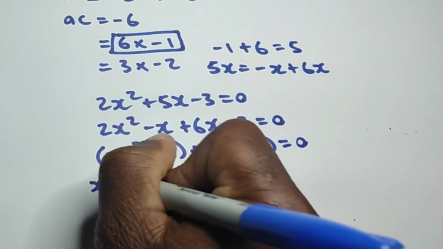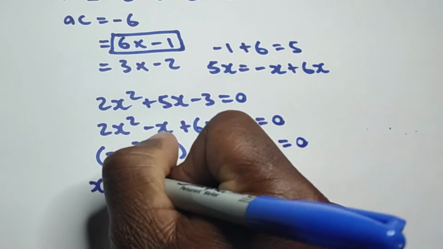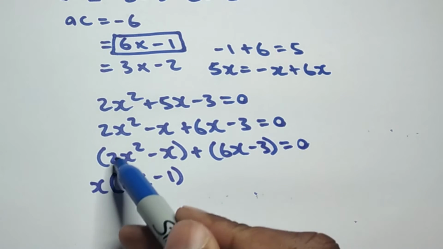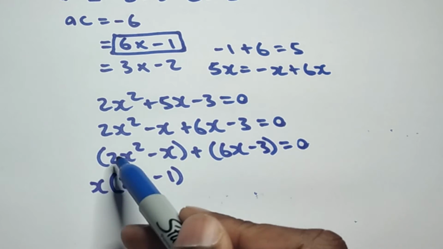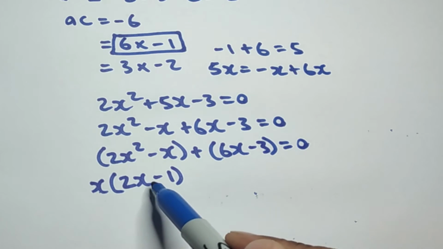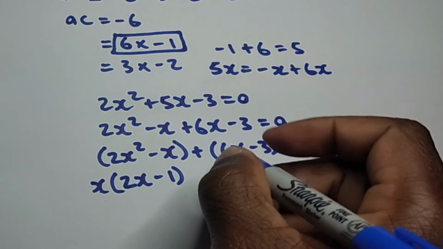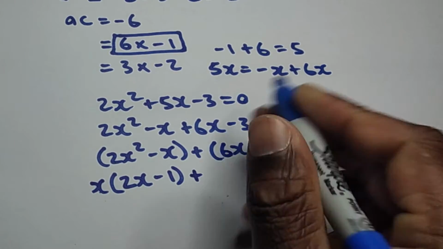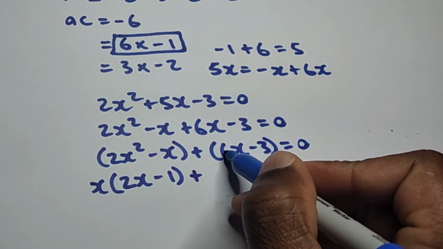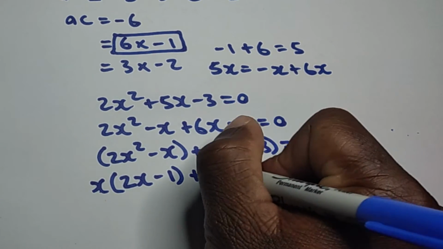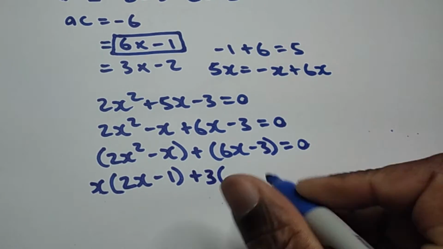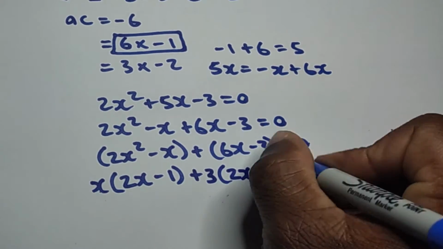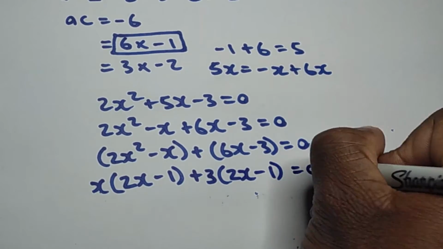Now we are going to factor out what's common in both brackets. All right, so we can get an x out of this, and if we do that, we'll be left with 2x minus 1. So we simply factored out what was common and then divided each term by what we factored out. So 2x squared divided by x, that will give you 2x. x divided by x is 1. Right? So if you divide anything by itself, of course, that's 1. And here we notice, what's the highest common factor for 6 and 3? Of course, that's 3. So we can factor 3 out of this. Now 6x divided by 3, that's 2x, minus 3 into 3 goes one time,